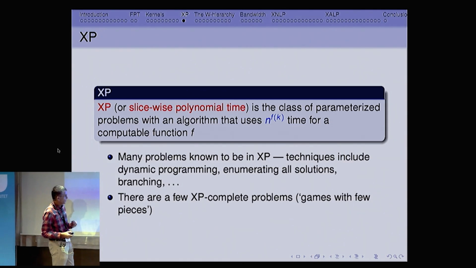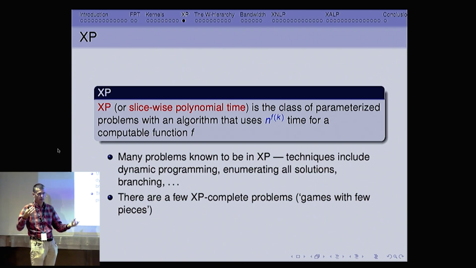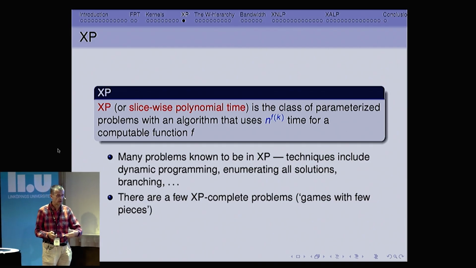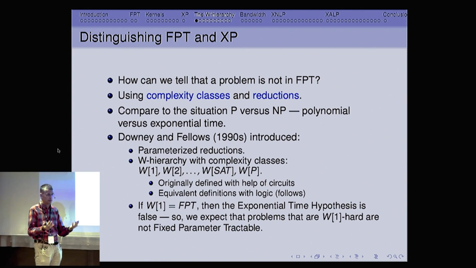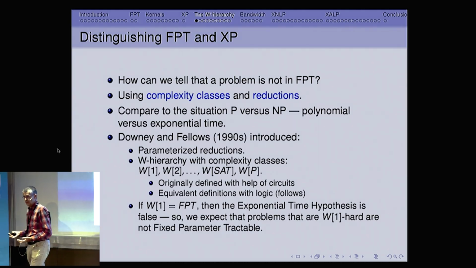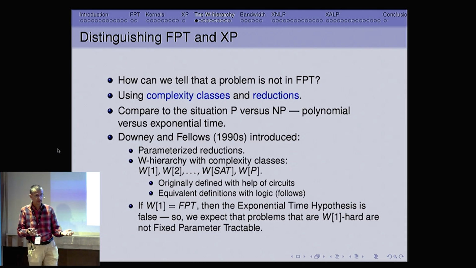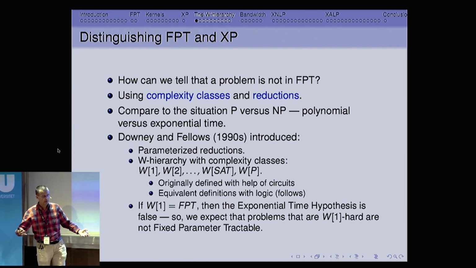There are very few XP-complete problems which are typically formed. There is some game on a graph where the parameter is the number of pieces in the game, and people have shown that these are XP-complete, but most problems are not known to be XP-complete, but complete for some other class within XP. The most well-known and most used for that are the classes in the W hierarchy. Like if you want to distinguish P and NP, you use NP-completeness theory, and you have a class and reductions, and this is a way to show for problems that they are not likely to have a polynomial time algorithm. Here you have the same situation, although the landscape is much more diverse